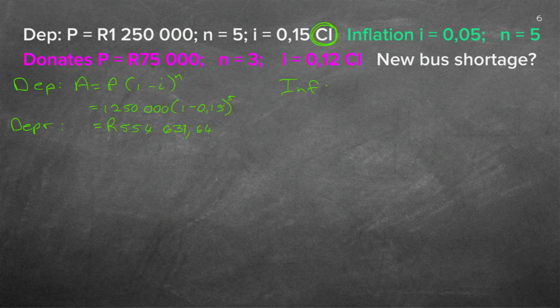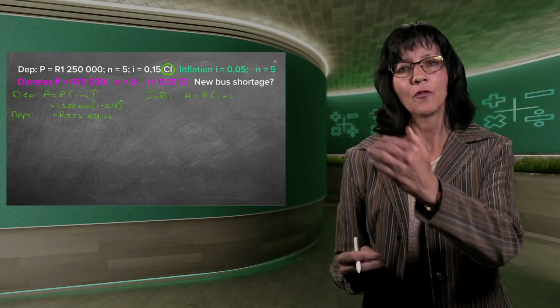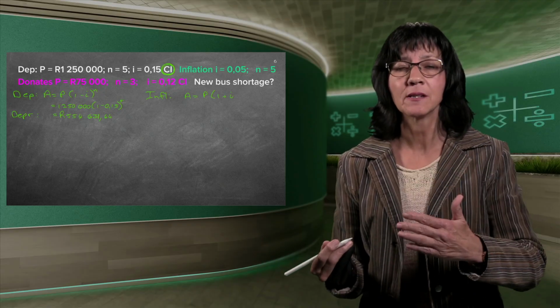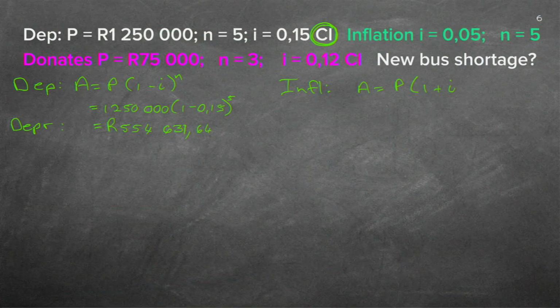What is inflation again? Inflation is every year we pay more and more and more. So you agree with me? That needs to have a plus in. Only when it's depreciation, you've got a minus in your formula. So it needs to have a plus in. So let's just see. I'm going to do this part first. 1 plus i. Now I must just decide, must I put the n next to the i or on top? Inflation is always on the previous year's end value. So it's always accumulated. So it's always compound. So there I put my bracket and I put the n on top.